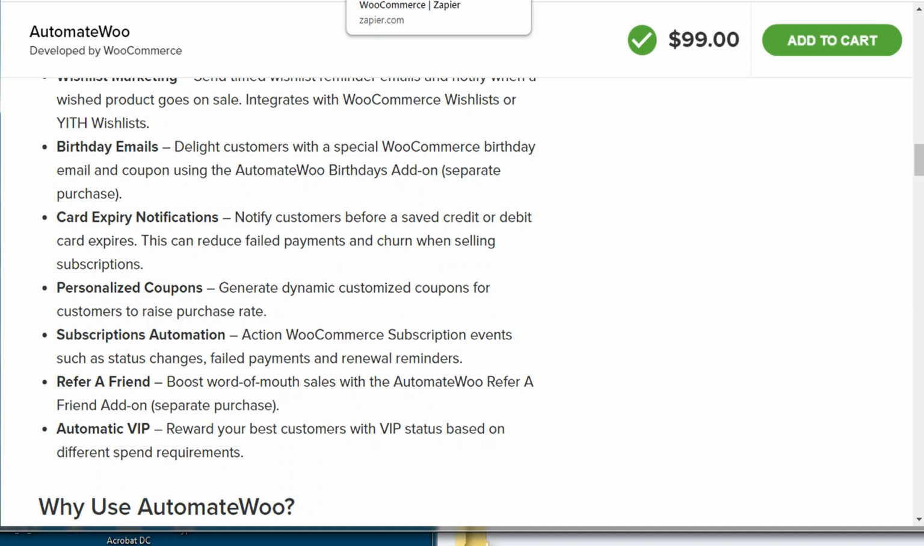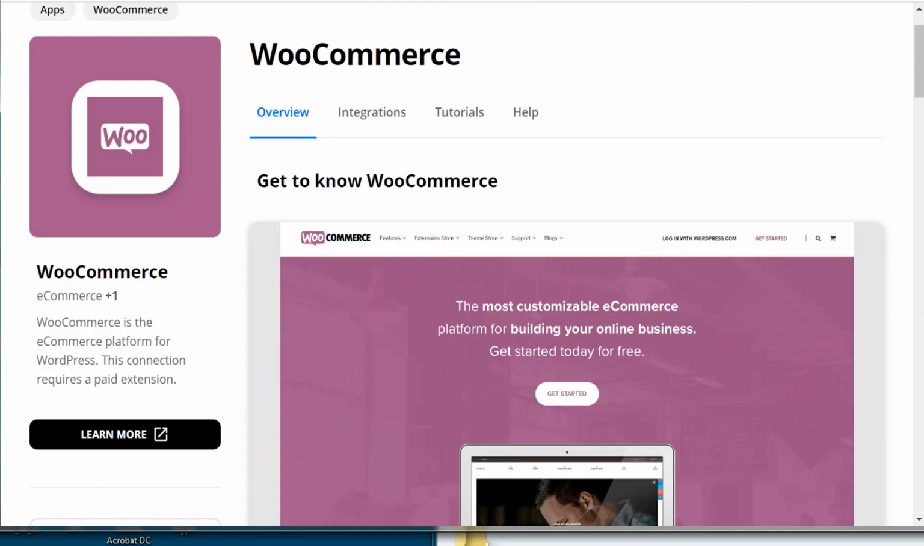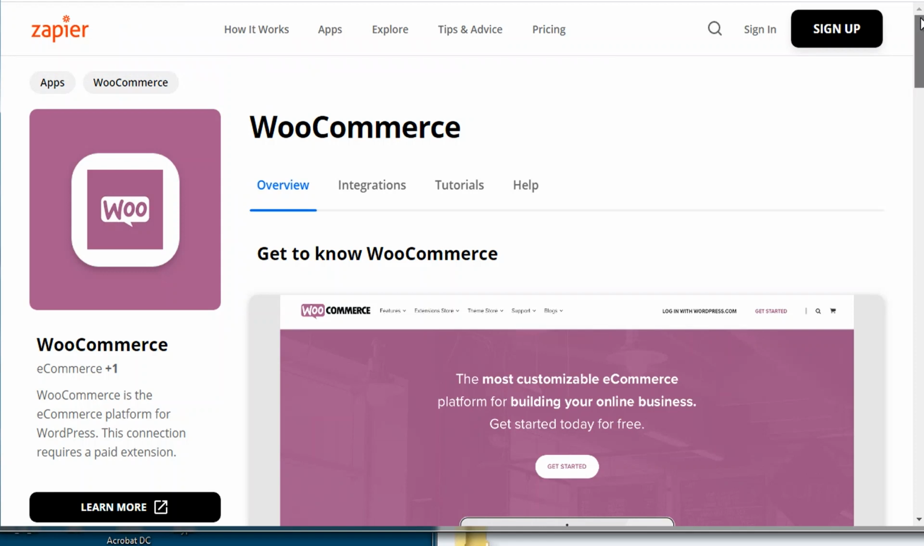Now, in terms of WooCommerce, if you're just using WooCommerce by itself, you're not using memberships or subscriptions or anything like that, you're just selling products. Another option that you can take to automate specific tasks that you need is simply by going to Zapier. So we talked briefly about this in the previous video. That's